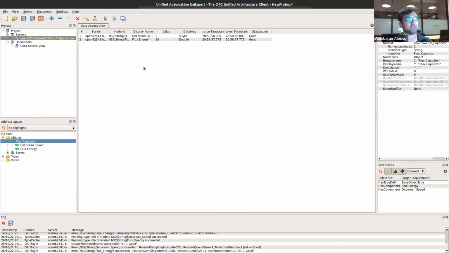And as I said before, this kind of communication is better because it has a lot of metadata that helps you handle the data. For example, when the data has been gathered, the data status, I can mark it as bad data, and maybe the client will do some logic to handle these kinds of errors, and the data type, the value, and which server has them, a lot of different metadata that can help you with a lot of things. For example, I'm going to disconnect the Arduino, and basically this one stops updating because this was the value